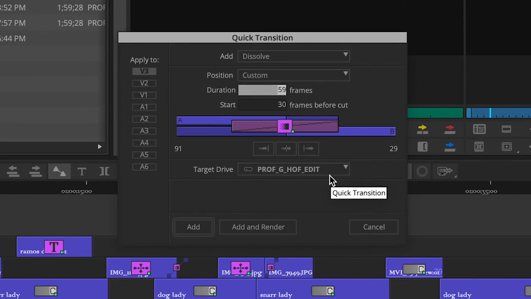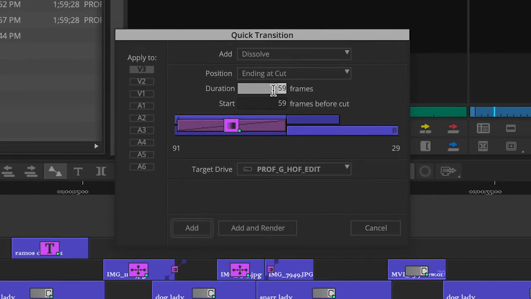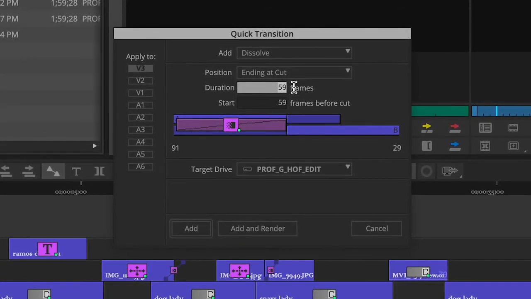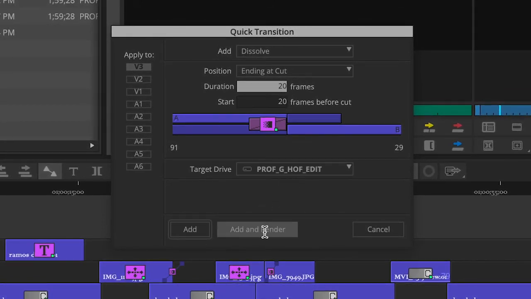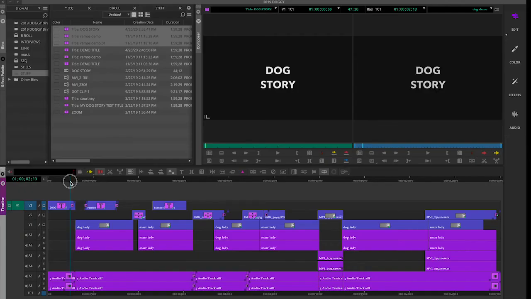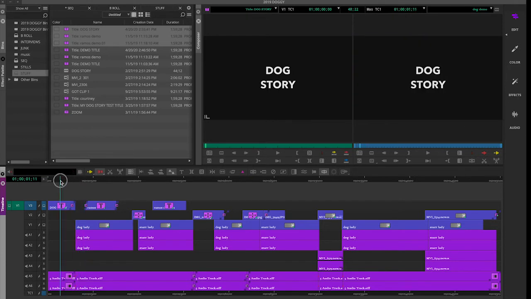Let's go to the quick transition mode. In this case, I want it to be at the ending at cut. Make it 20 frames, so 20 frames before it will fade out. Target drive is my hard drive, add and render, and let's take a look. And there we go. Okay? So that's how you can add some motion within the title and have it move in to place,